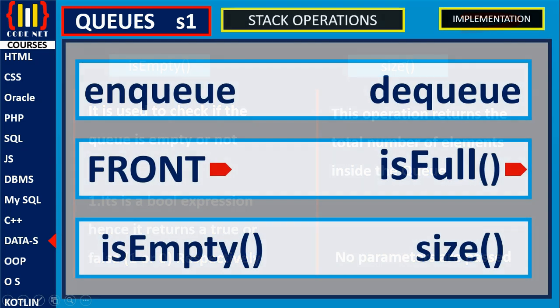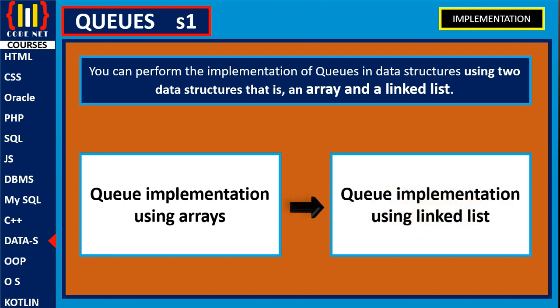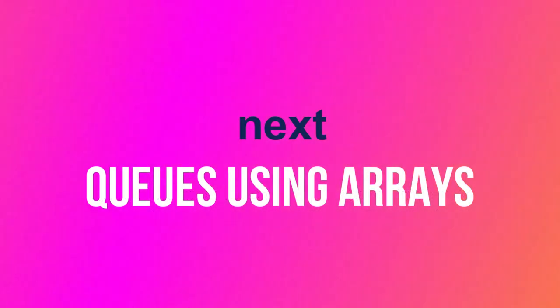Then from here we can now denote the actual implementation that can be done. If we want to implement a queue, we can either use an array or we can implement a queue using a linked list, just like it was with stacks. If we want to implement the stack, we use either an array or a linked list. So even on queues, we can implement using an array or using a linked list. So let's progress to our next session as we now understand the practical implementation of these things. In the next session, we'll see how we can implement a queue